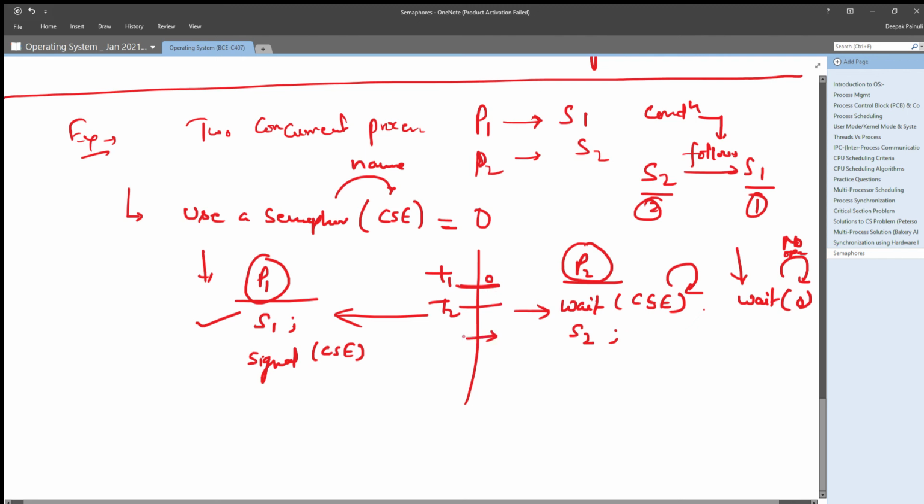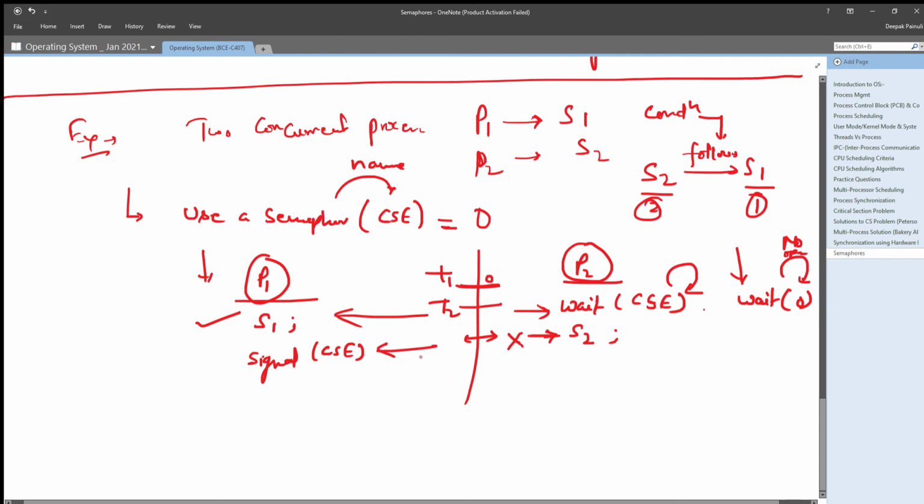At the next clock value, P1 will signal on CSE, and P2 wanted to execute S2, but it is already spin locked at T2, that's why it is waiting here, so it is not doing this transaction.